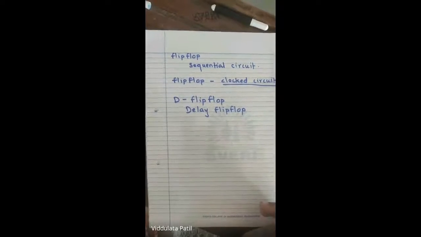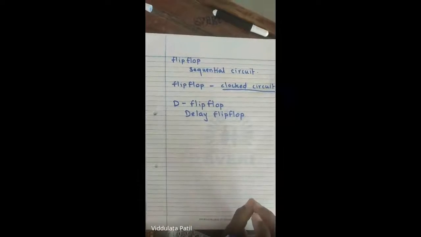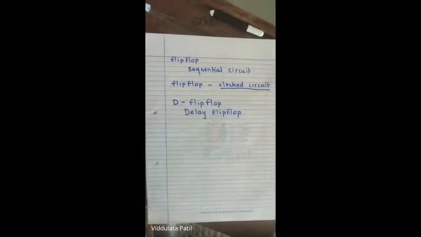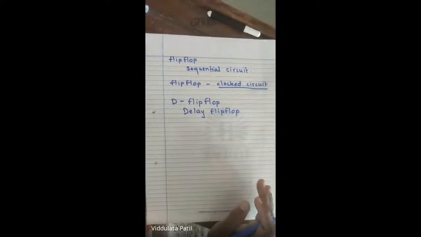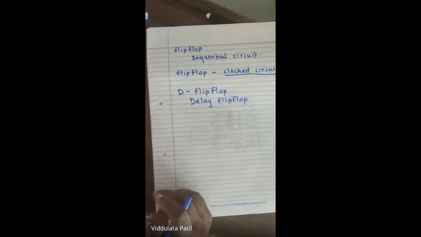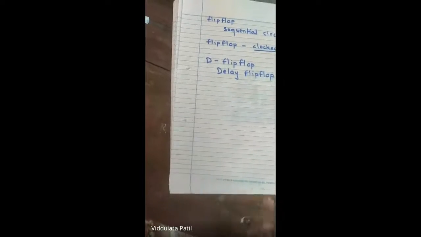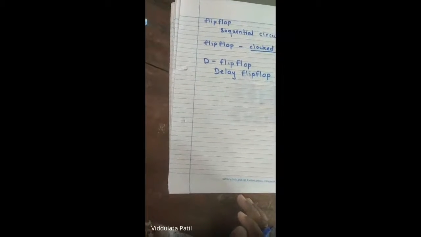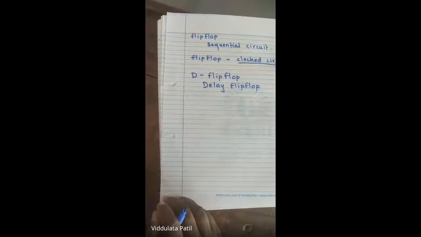This D flip-flop captures the value of the D input at a definite portion of the clock cycle. That means it may be the rising edge of the clock signal, or the falling edge. Mostly we are going to see the active high clock signal, that means the rising edge. Whenever the clock changes, whatever the D input is will be available at the output of that flip-flop.